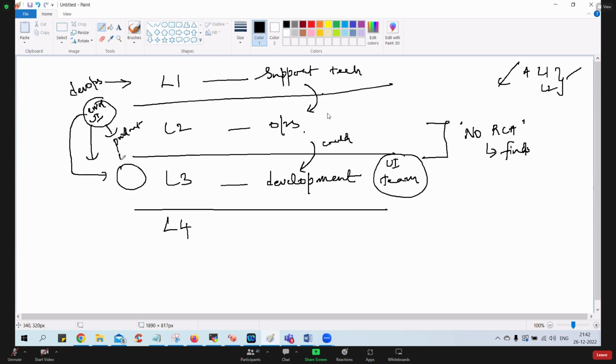Bin means, I hope you know it, the box of the people who worked on this task. Let's say 3 technicians, or the fellow who worked on this ticket or this code earlier, will come into the picture here. Or you can say the team responsible. So in a UI, let's say 3 developers are there. Somebody from these 3 fellows should pick up this ticket and fix it. And if they can't fix it, then L4 is your architect team. You understood the escalation process now in DevOps?